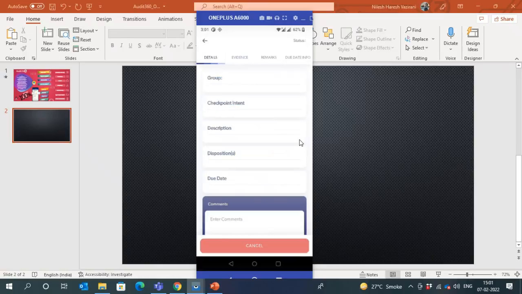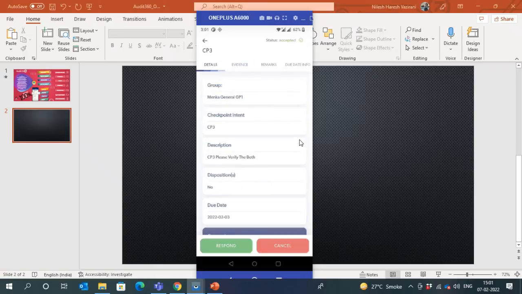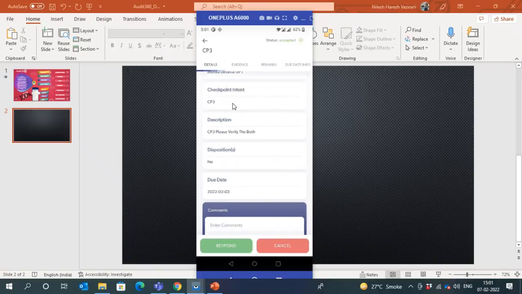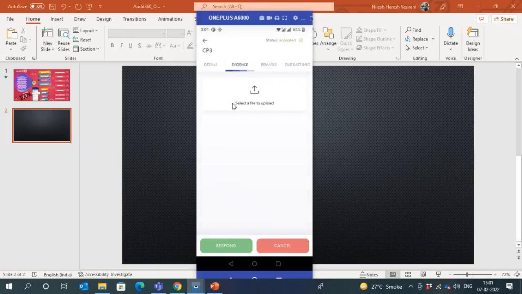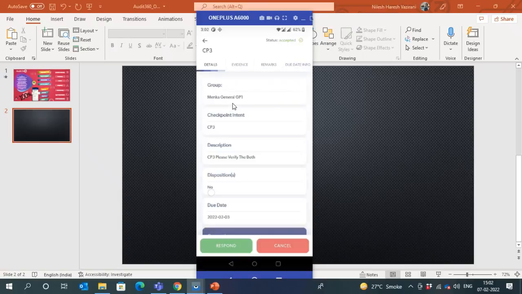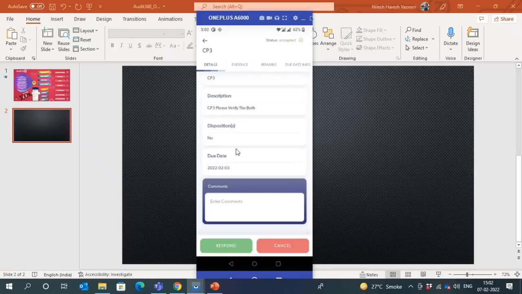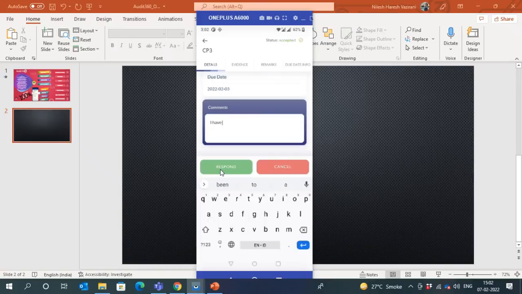I will select that, and I'll see this was one particular question, and whatever the remarks were, and the due date info. The due date was 3rd of February, by which the resolution should have happened, but it has not happened. So immediately I'm going to the overdue ones, and I'm first responding and fixing those issues. So here I'll say I have fixed this,